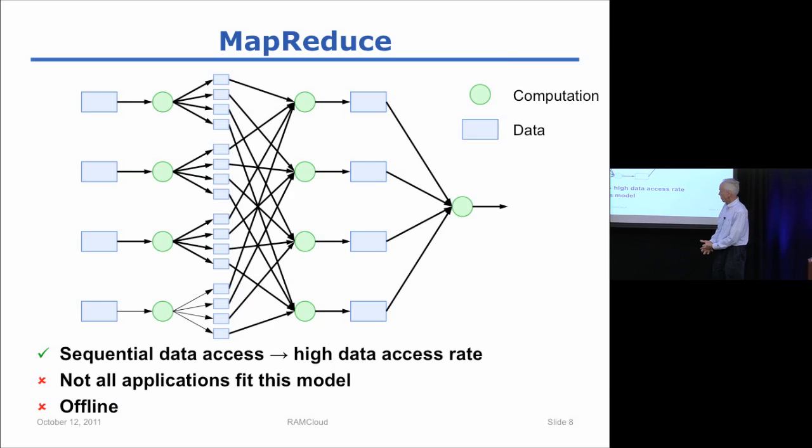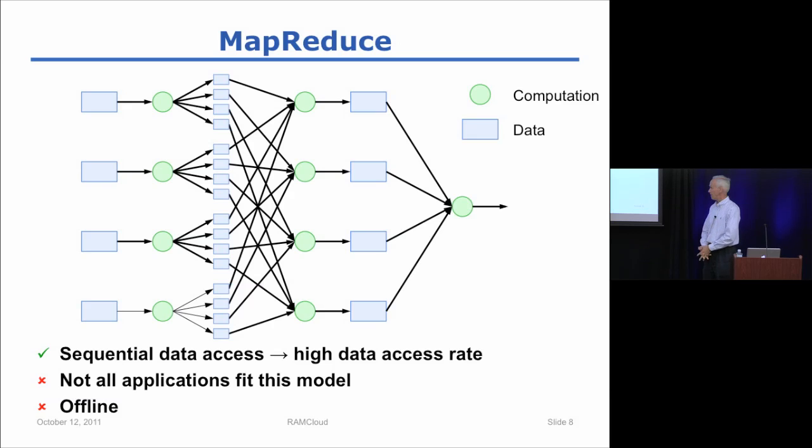One consequence of this approach is that since the data is accessed purely sequentially, you can go through a large amount of data very quickly. You don't care about the latency, but you only care about the bandwidth at which you can stream data through the various components. So MapReduce has largely gotten around this problem with high latency in web applications.